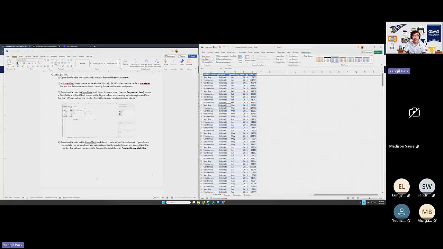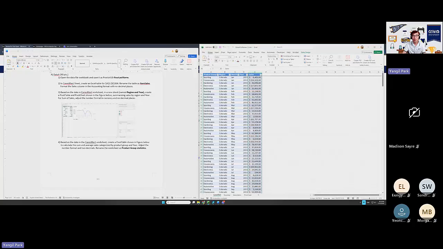So we name this area now as item sales. Now we're going to format sales as accounting. Make sure there are no decimal places. Then step 3. Again, we're still here in this worksheet. We're going to